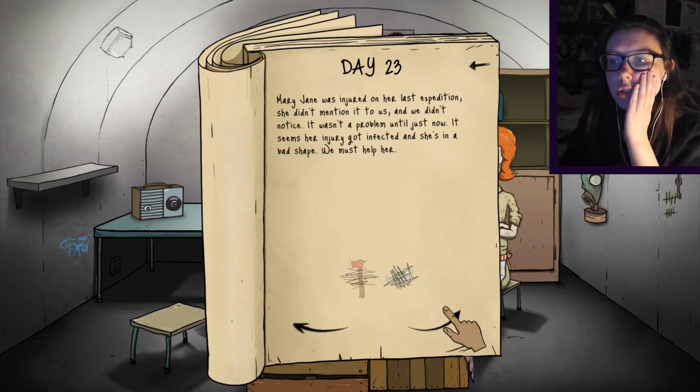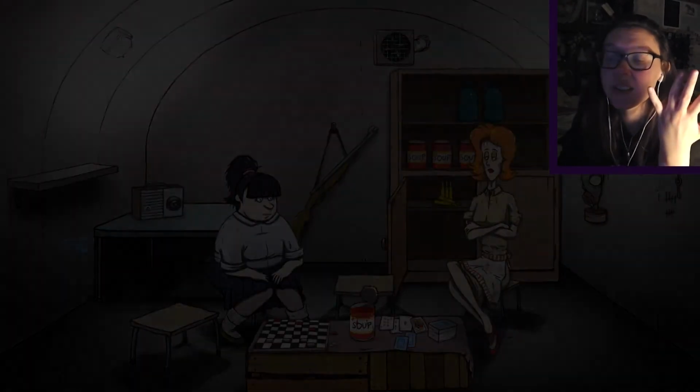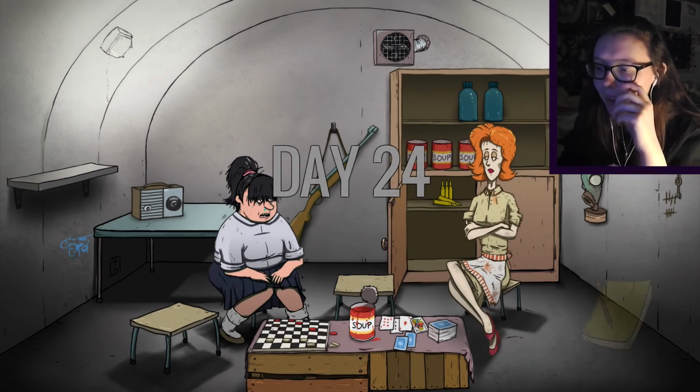Mary Jane was injured on her last expedition. She didn't mention it to us and we didn't notice. It wasn't a problem until just now. It seems her injury got infected and she's in bad shape. We must help her. I haven't got anything to give you. Ted decided to go die somewhere in the wasteland, and not bring us anything back, so...